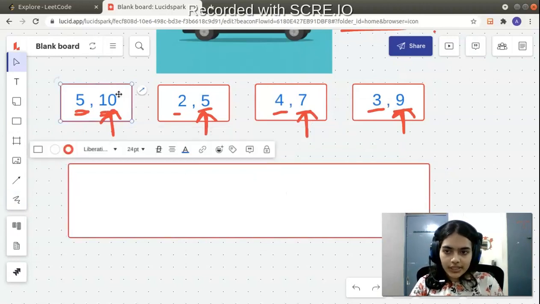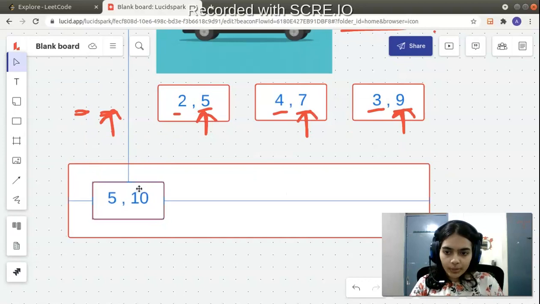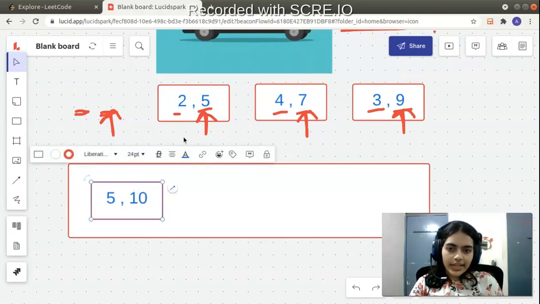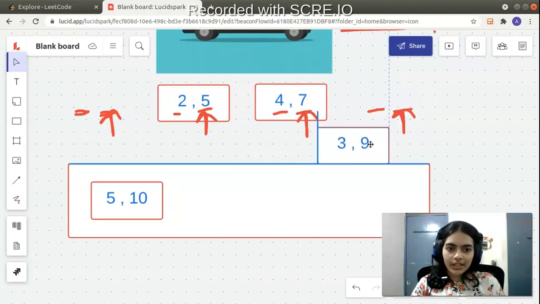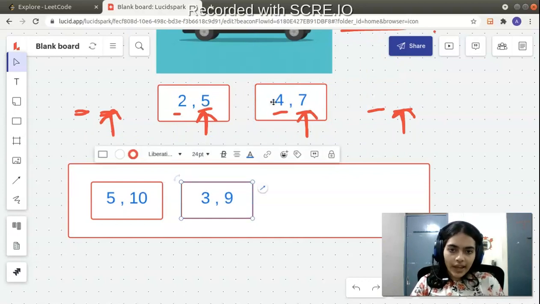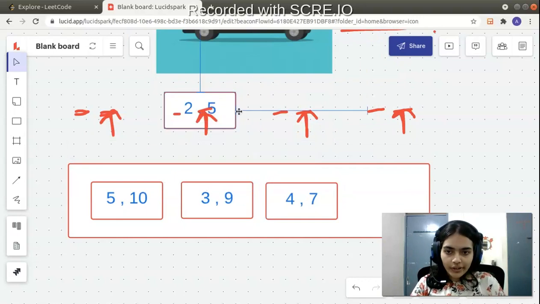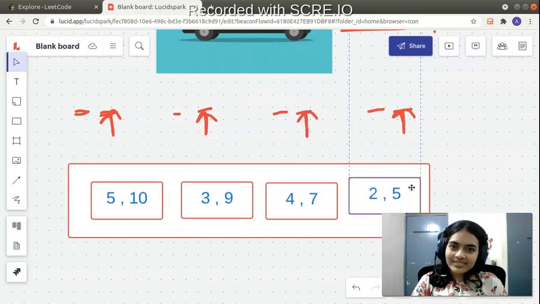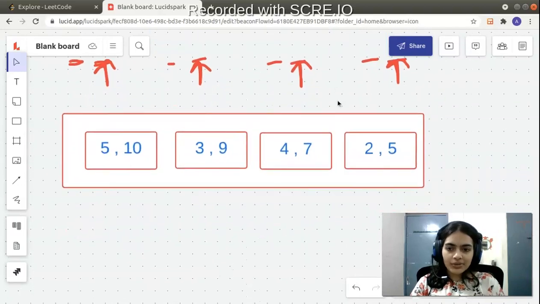So this is having most number of units, which is 10 units. So I am going to place this box first. Next we have 9. We are comparing the second parameter. Next largest number is 9. So I pick this here. Next, among this 5 and 7, the largest is 7. So I drop this here. Among 2 and 5, the largest is 5. It's just a single element, so we can simply drop it here. So this is our priority queue structure where we have sorted by the number of units.